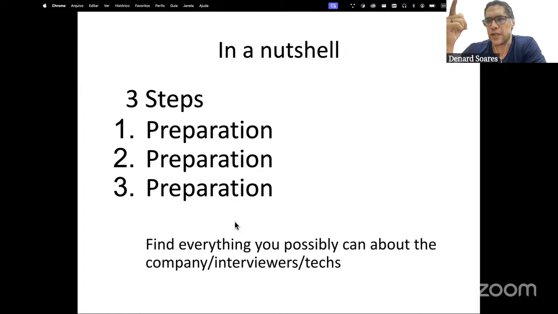And by that token, I would like to talk about something that I truly believe most of us don't do, which is to find out what you can about the company or the interviewer that you will be dealing with. Most of the time, you go through the HR interview, and the second step is usually something system design related or a LeetCode challenge.